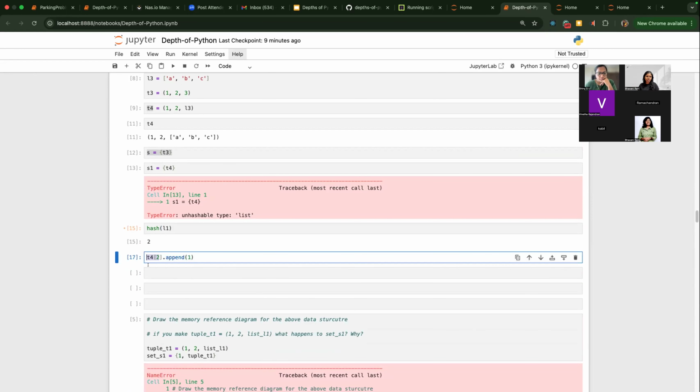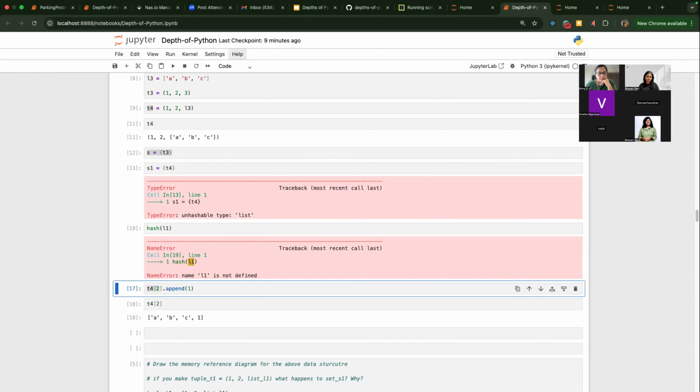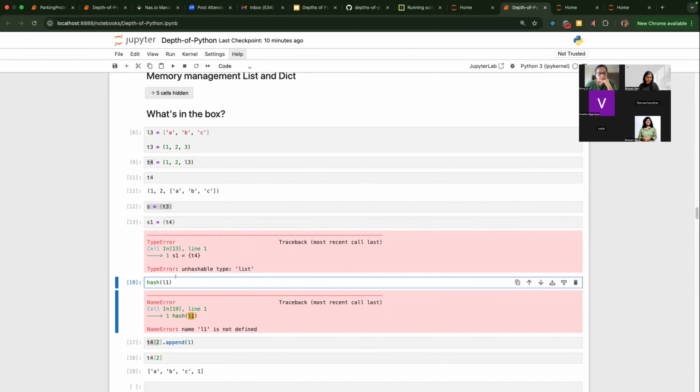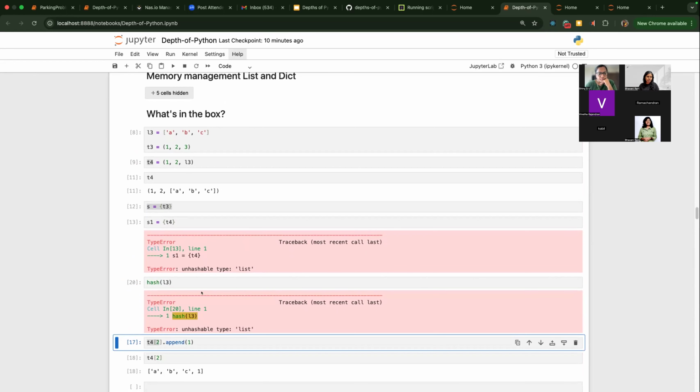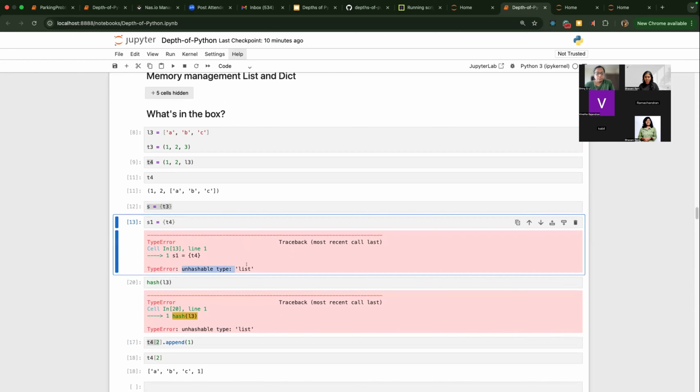Now if I look at T4 of 2, suddenly this value has changed. Because of this property, a list is not hashable. When you do hash of L3, it says unhashable type list. And this is the error that you're getting here.